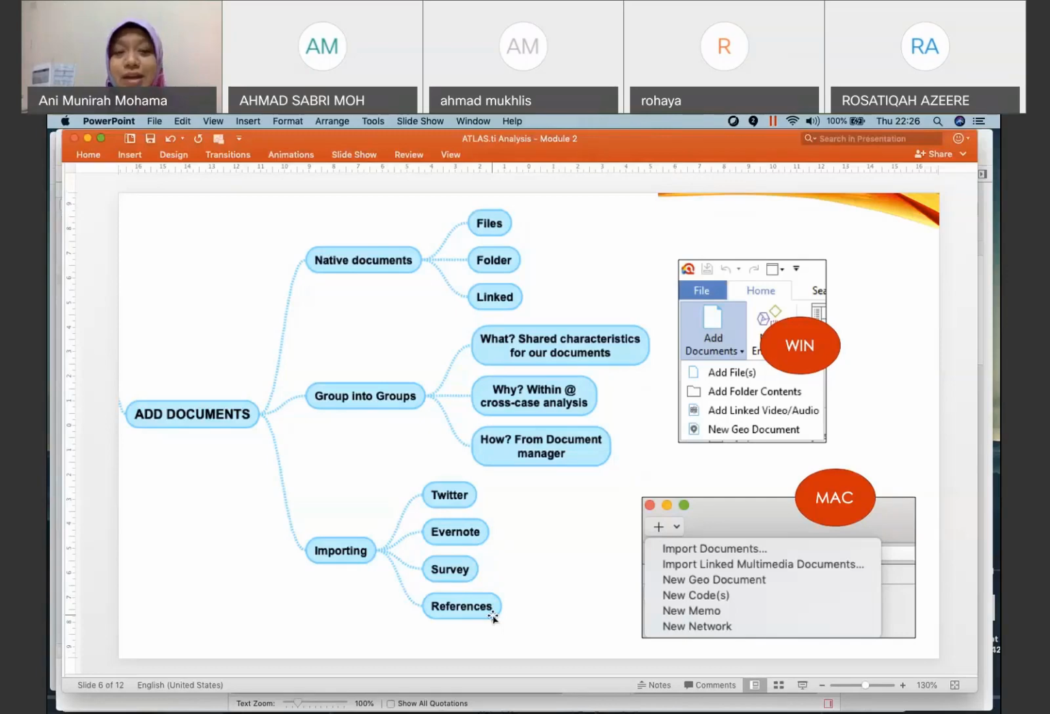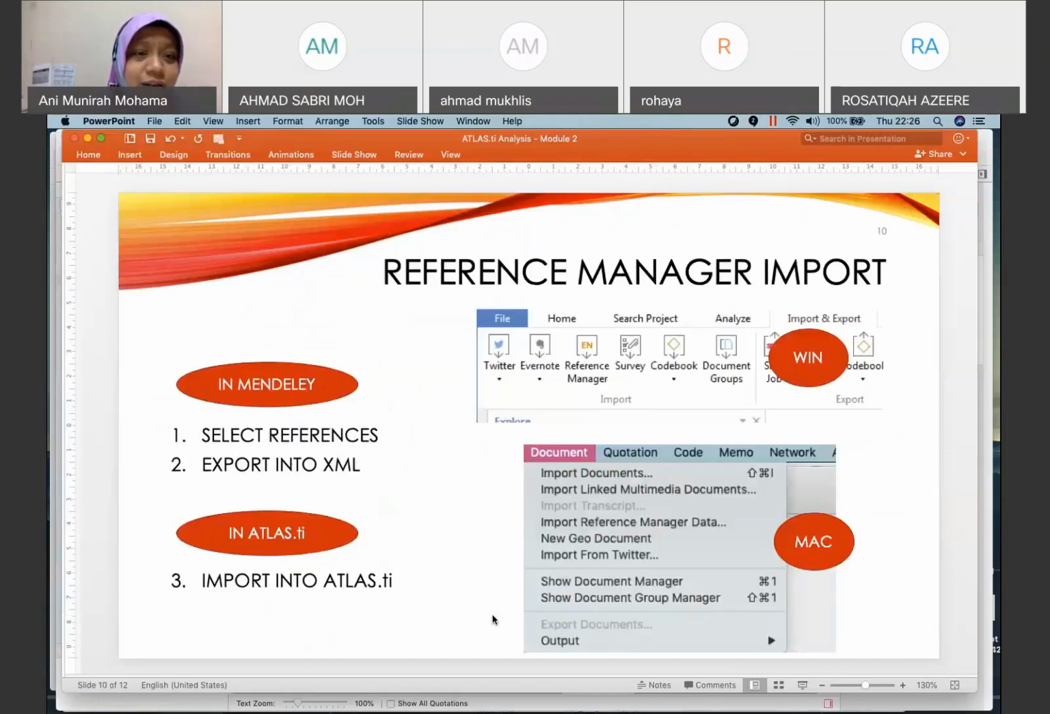Meaning you need to export that. So when we are in Mendeley or EndNote, you will select the references and export into XML. Now, XML is